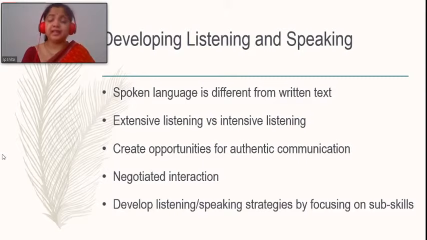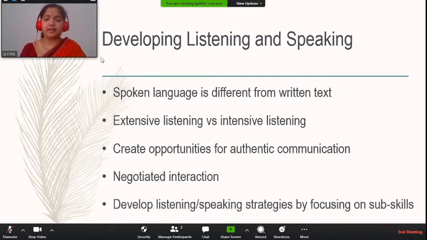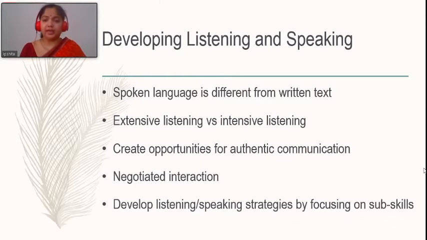Another important point for speaking especially is negotiated interaction. Now negotiate, this is something that I had discussed in the last webinar also. When two students talk to each other about a real problem, then they negotiate. Negotiate means I say something, you agree or you disagree, then you give your opinion, then we have some discussion. That is negotiation. If we don't negotiate in the classroom, then learning will not happen adequately. So I'm just giving you an example of negotiated interaction.